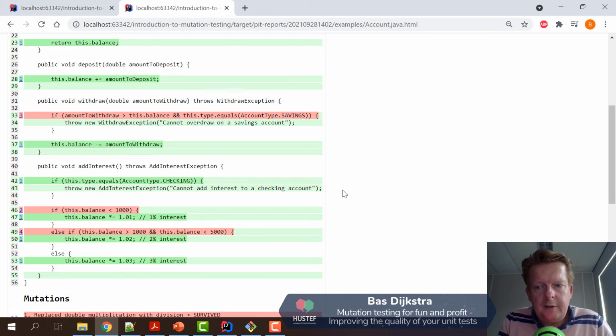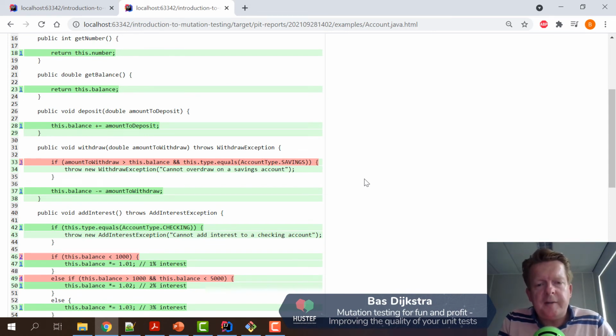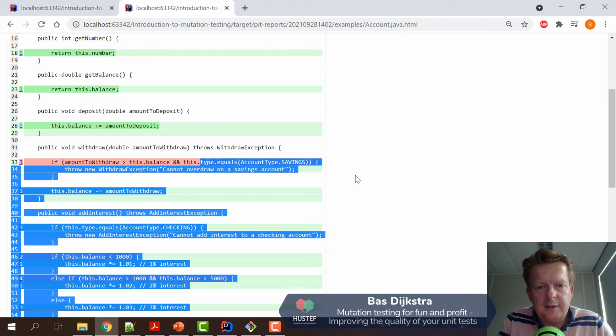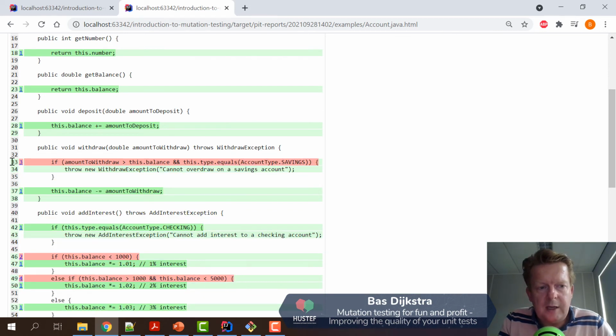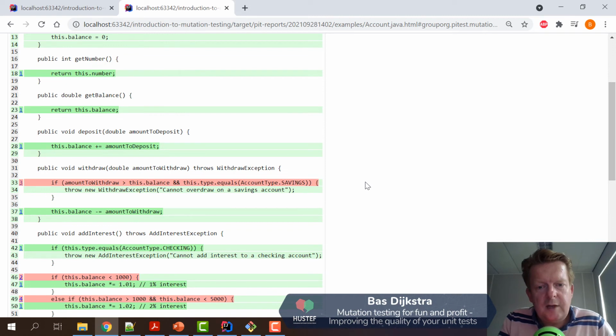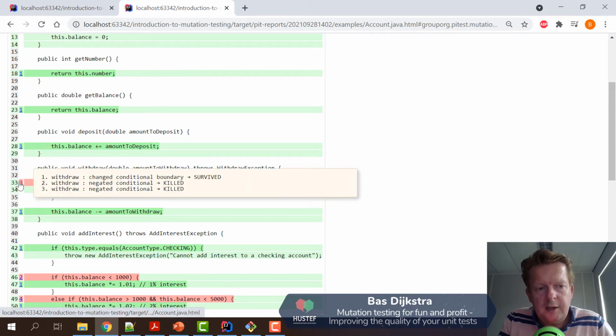However, we still have a lot of surviving mutants. Now I'm not going to address them all, but just to give you some insight into the types of defects that a mutation testing tool can find in your unit testing suite, let's look at the example here on line 33. So if we look in detail at what PITest changed here, what the mutation testing results were, we see that it negated the conditionals twice, and that made our